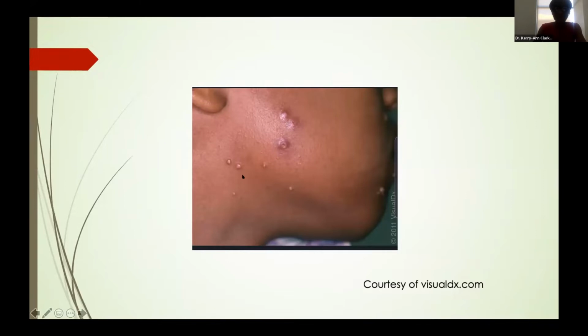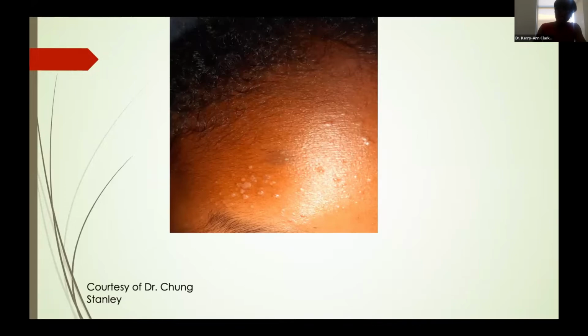So this is another patient with papules on the face. These are more dome-shaped papules, and some of them are excoriated, and I don't know if you can appreciate the umbilication. This is a patient with molluscum contagiosum. This last patient, he might not so much be confused with acne. I think most times I would be referred this as a dermatitis, but these papules are flat-topped papules, and this is a patient with plain warts.